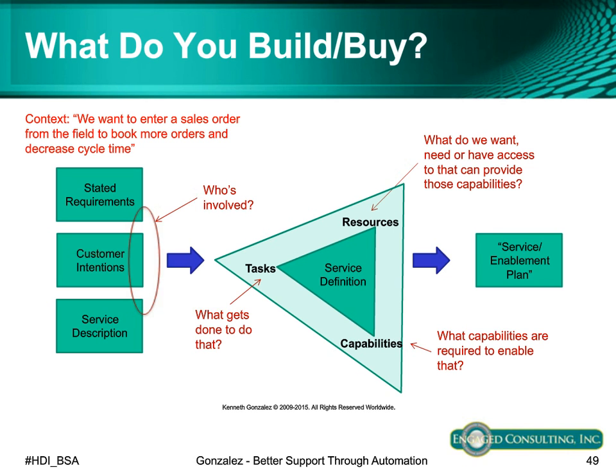The capabilities, that's where the important mapping comes in that doesn't often get done. We want to be able to describe our tasks in terms of the key capabilities required to get the work done. In doing that, you'll do a better job of evaluating tool capabilities as well as your specific requirements that you go to a vendor with. This is an important point because you want to do this first, so that any provider you end up dealing with, you can help them go through and do an evaluation with you, so that you can get an apples-to-apples comparison for the different things you might want to acquire for your organization.